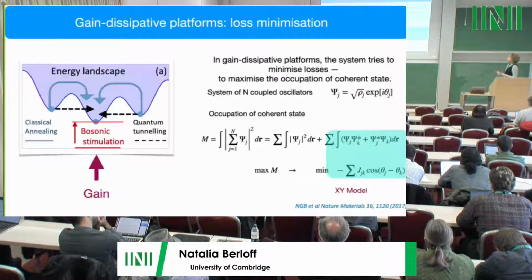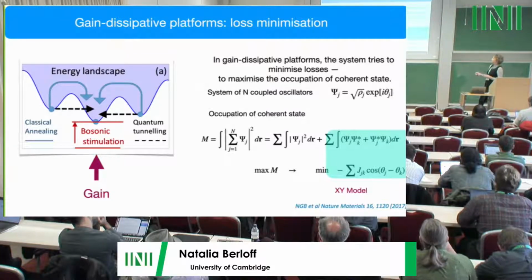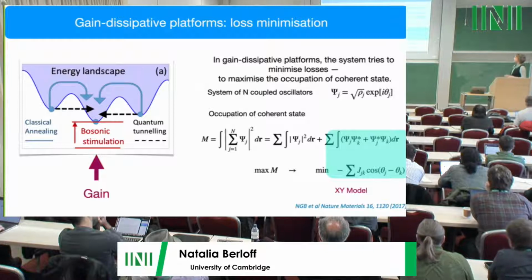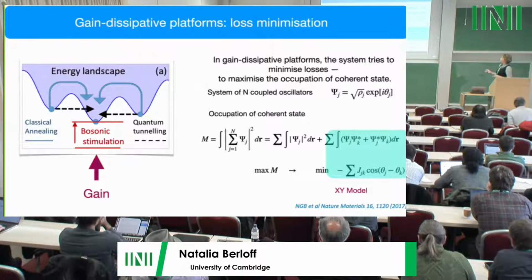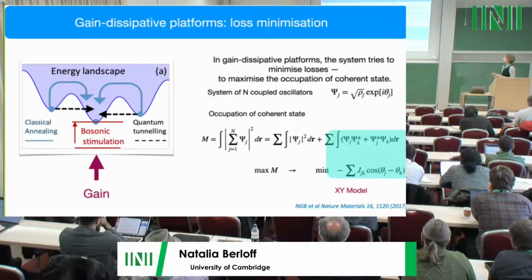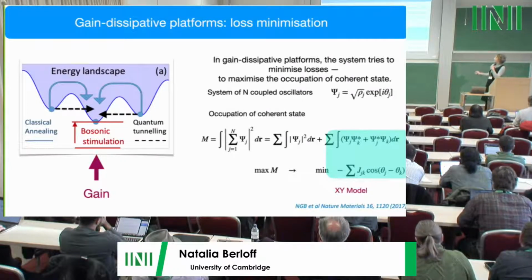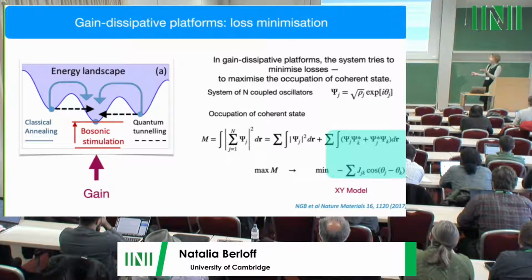But also, we explained the phase difference that the condensates try to establish, again, by the principle of minimum loss. So in this platform, if I have a system of n coupled oscillators, and I'm trying to see when the loss of the state in the coherent state is minimized, I'm looking at the question of when the total number of particles is maximized.